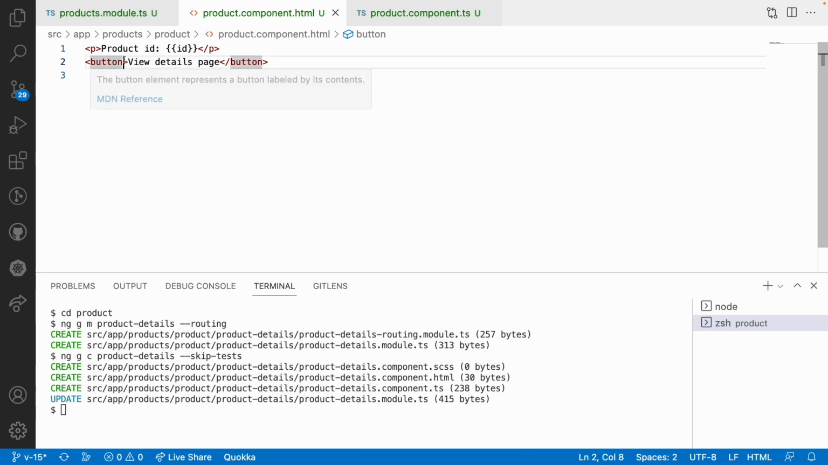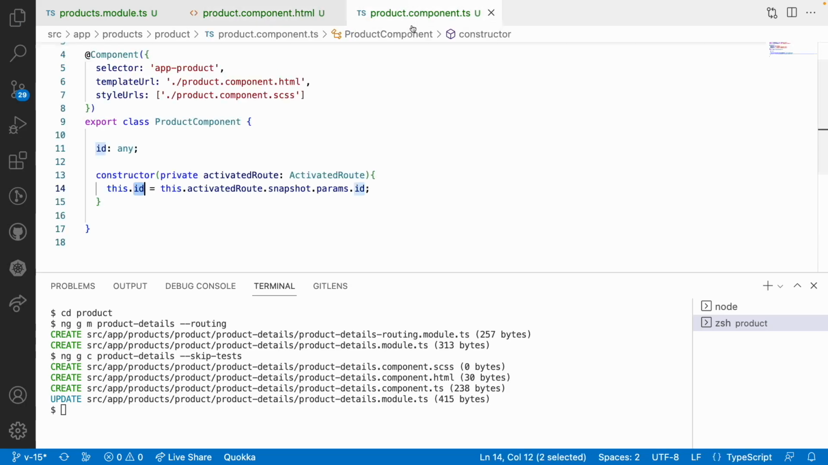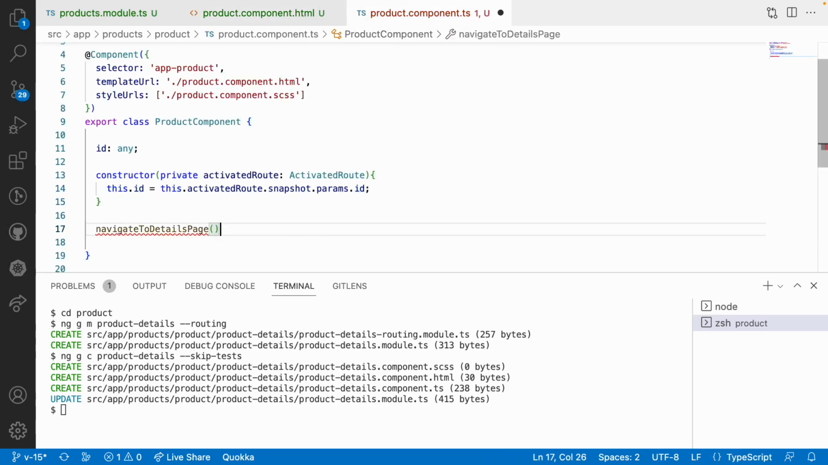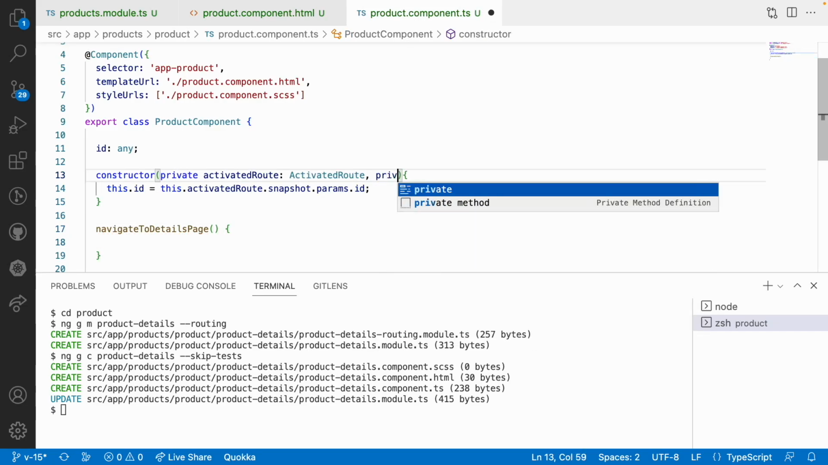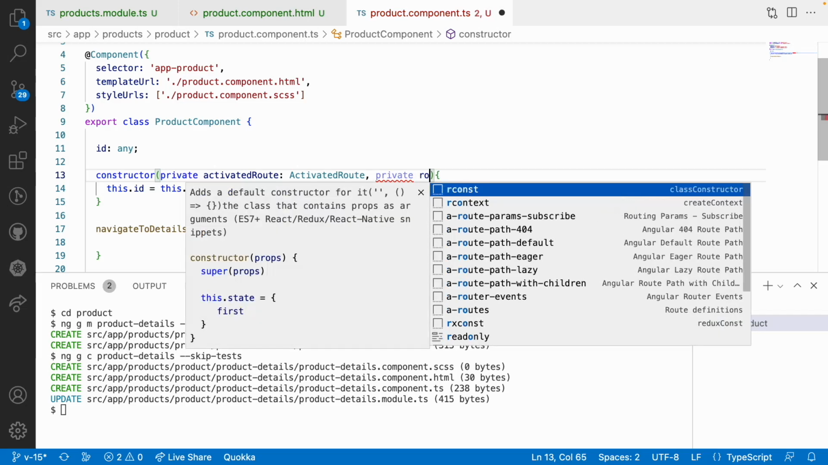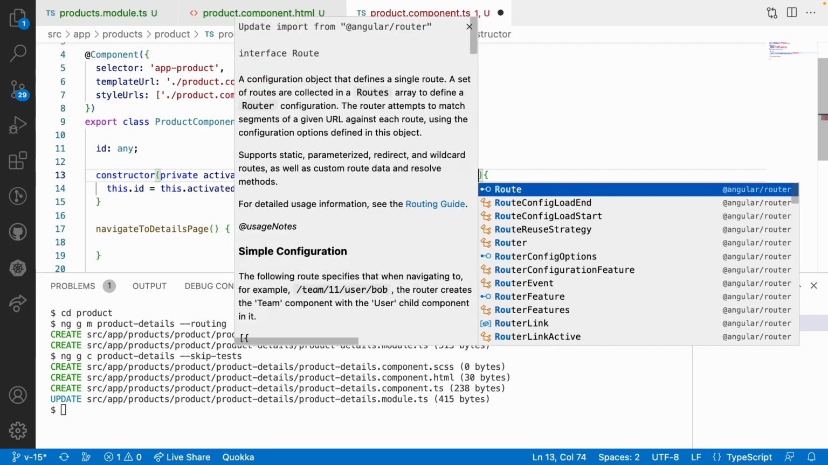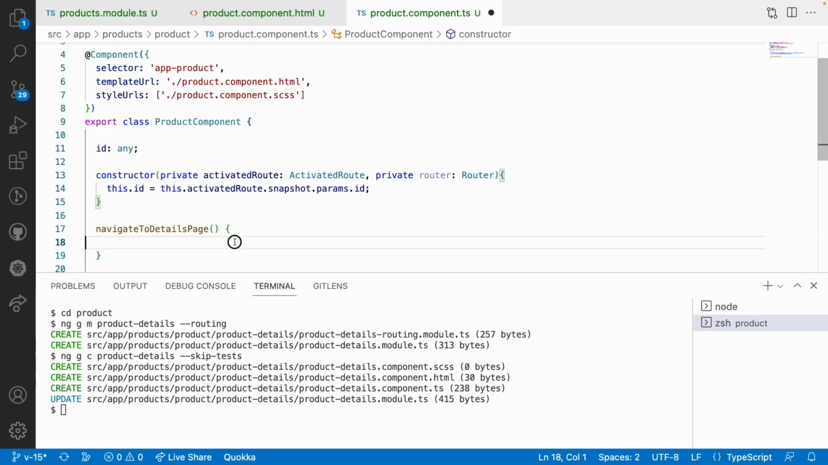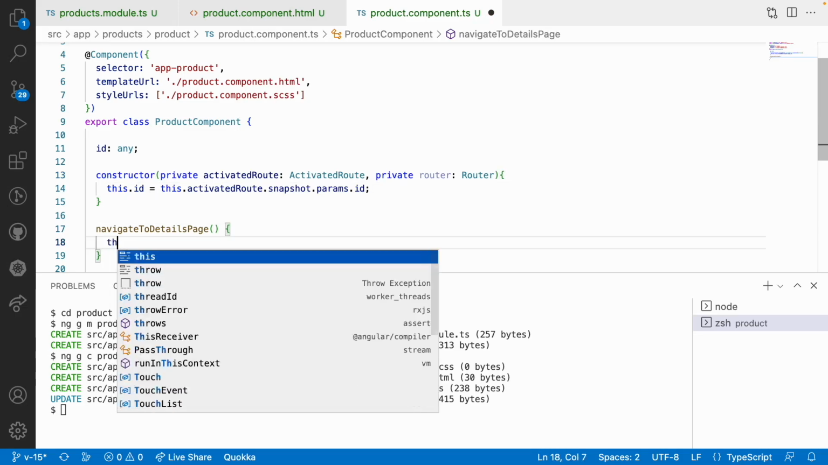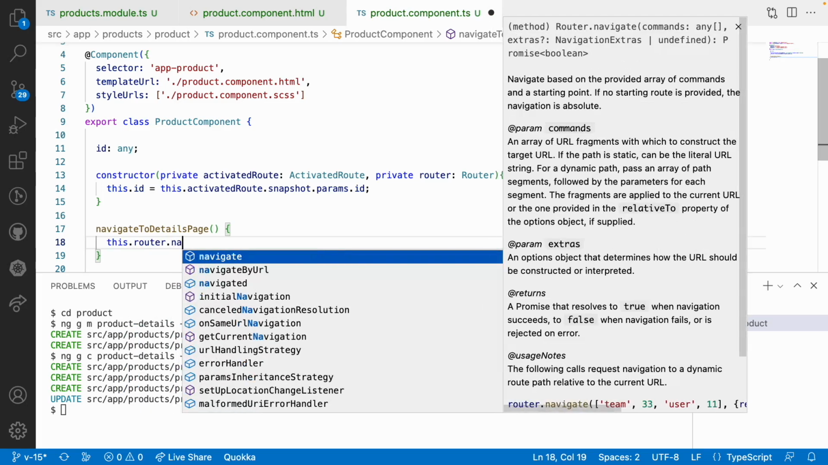So for that sake, let me create a click event here, and this will be navigate to details page. So I want to navigate to the details page, and let me save this. Let me create this method here, and what this should do is navigate. For that sake, let me create a private variable which is a router. So when the user clicks on that particular details page button, then immediately I have to navigate to some other